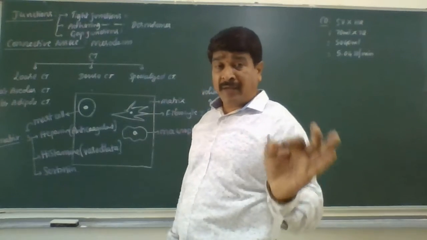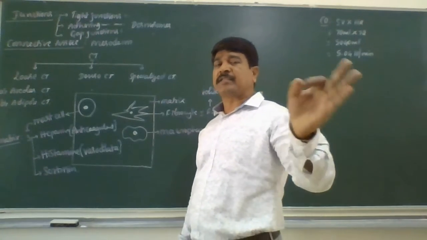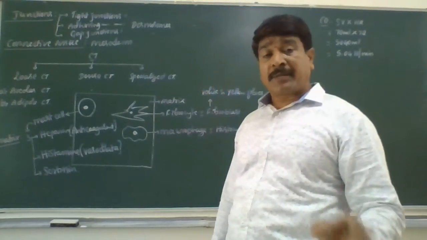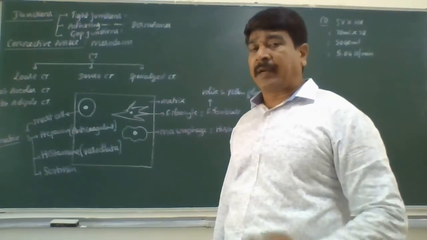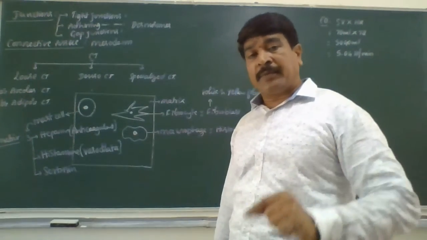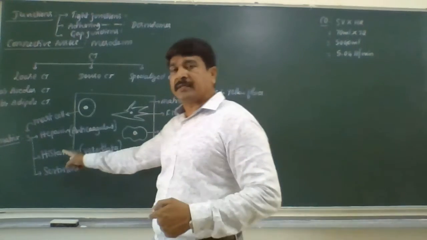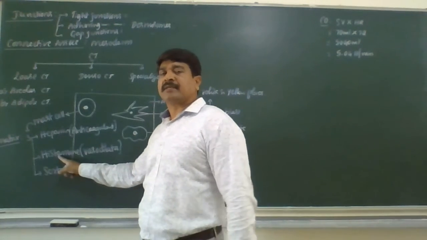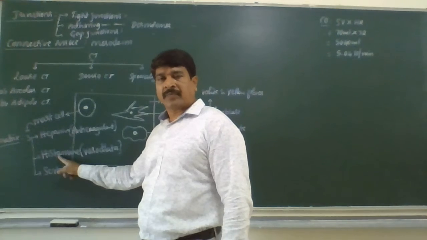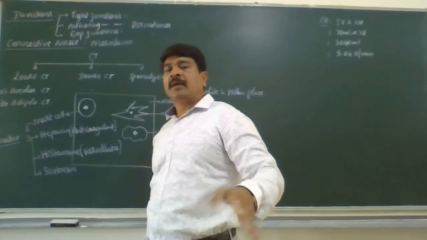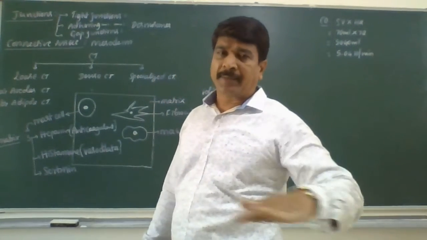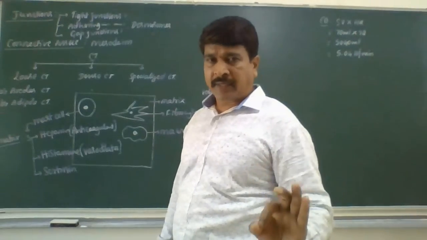Clear? When the volume of the blood exceeds more than 5 liters, that message goes to the medulla oblongata of the brain. That sends impulses to the basophil cells and mast cells, which become active and secrete the histamine. This histamine increases the lumen of the blood vessel. Then high blood pressure does not occur in our body, it stays in normal condition. I think it is very clear.